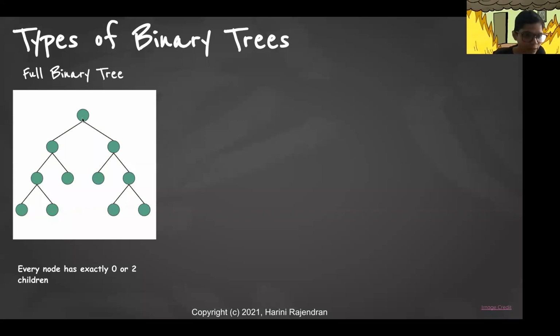For example, here, the root has 2 children. This particular node has 0 children. If you look at all the nodes in the tree, they either have 2 children attached to them or 0 children attached to them. Such a tree is called a full binary tree.